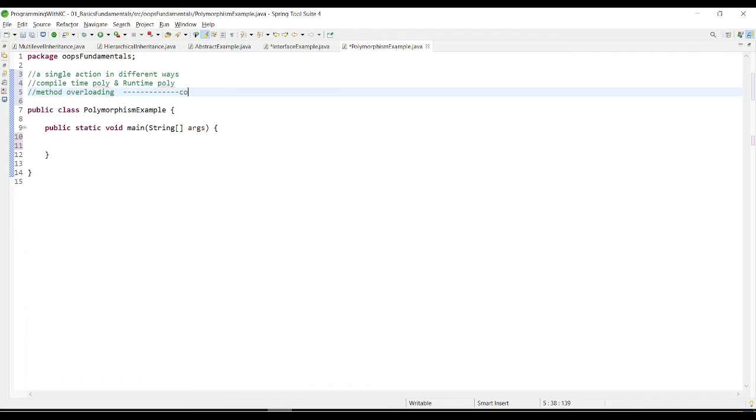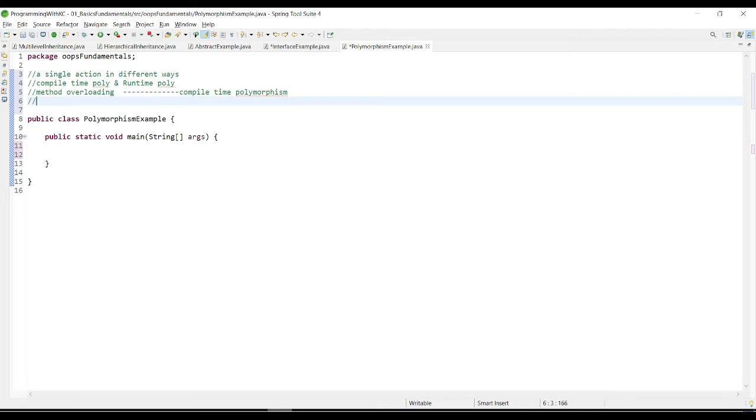I will write over here: compile time polymorphism. If you don't know what method overloading and method overriding are, don't worry, I am going to cover that too. So please be patient and watch the full video, so you will get a proper and clear idea rather than assuming anything.